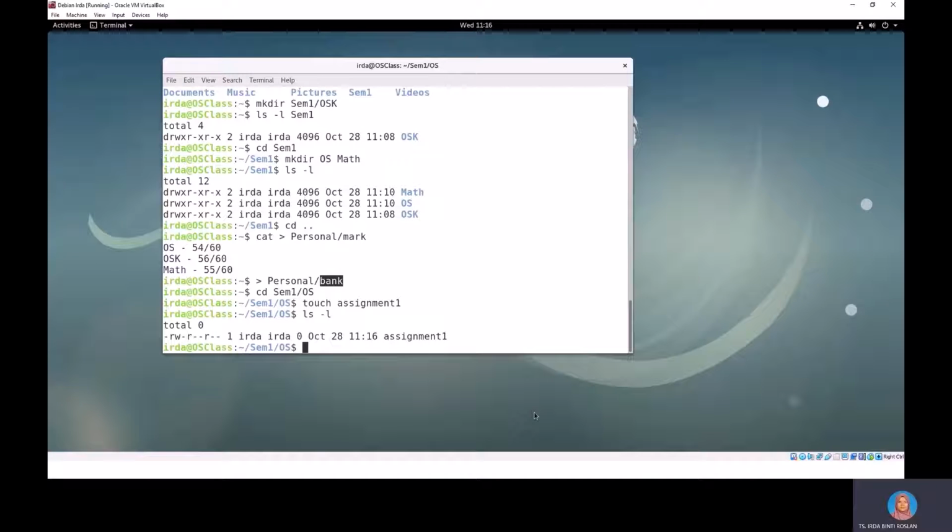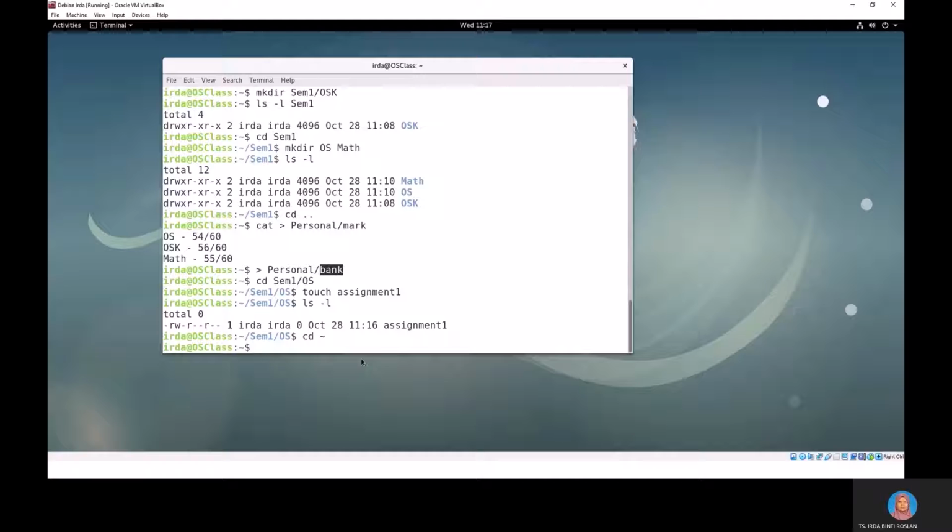So next you want to create another file called lab2. Okay, lab2. So let's go to the home directory. Okay, change back to home directory, because we are currently here. To go to the home directory, cd space. And then create the file from the home directory. So we use touch